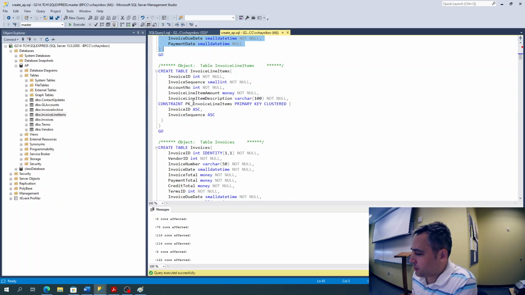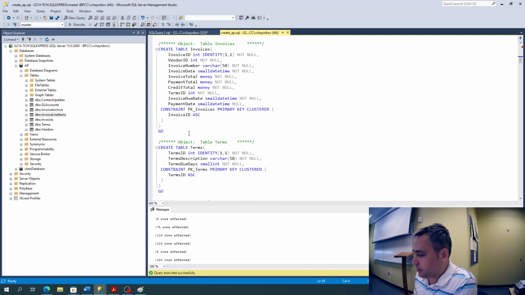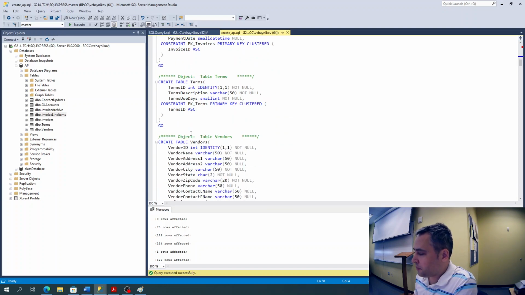Okay, so this is another definition of a primary key, for invoice line items, and this is how you can define a composite primary key, and that's one of the things that we will do later in the course. And so on. So far we do data definition, creating tables, describing primary keys, and